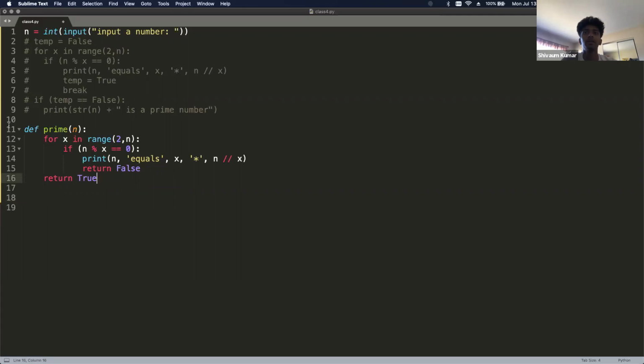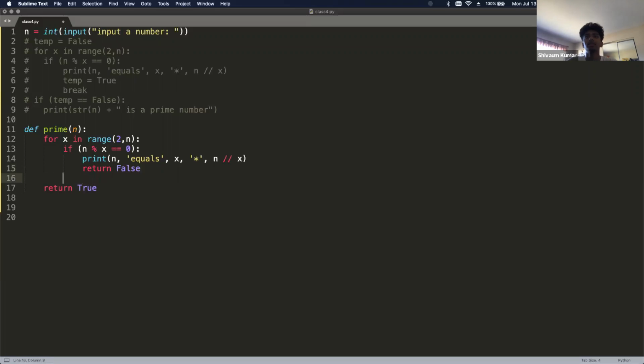So basically, the process in this function is that we define our function here, and then we have a for loop and the if statement, so you guys understand all of that, and then we print out whether it actually is divisible by that number, mod x, and then we're returning false. What this line 15 does, where we return false, basically says if we find a number that is divisible by n, meaning it's not a prime number, we want to return false and terminate the function. So whenever you return a value, the function is terminated and will end.